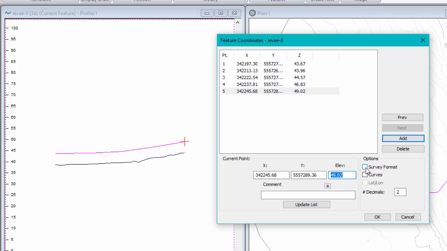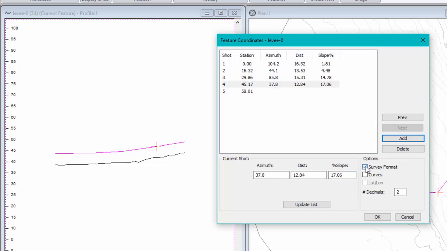Another tool here that might be useful, if you go to survey mode, each one of these has a slope associated with it. So let's say I just want this to slope continuously at 2% starting there. I can go through and modify these slopes like so. There's probably a few different ways to do this, but this is the one that I thought of first. So change that to a 2, go to the next one, 2, go to the next one, and you can see that the